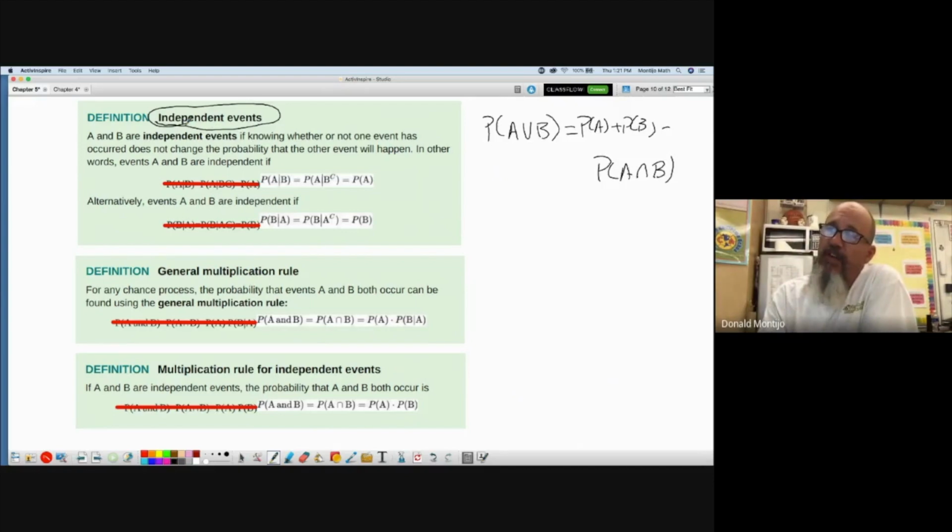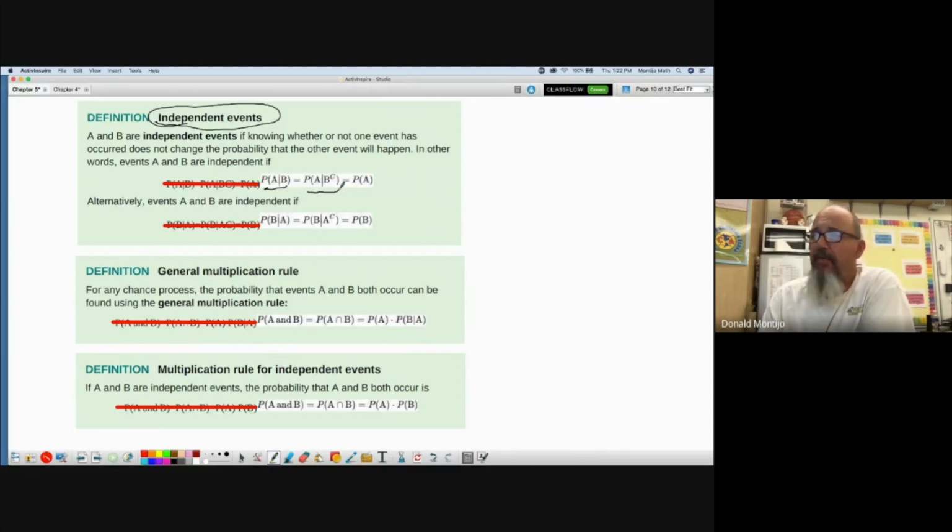Well, if two events are independent, then they will follow certain rules. Independence means that knowing one event occurred does not change the probability of the other. So given that one event occurred, it will not change the probability that the next event will occur. So if two events are independent, then the probability of A given B is equal to the probability of A given not B. It doesn't matter what B is. So if the events are independent, then the probability of A given B will just be the probability of A, because it doesn't matter that you ate a grilled cheese sandwich. The probability of me flipping heads is 1/2. Okay? Same for the other way around. The probability of B given A would be the probability of B,